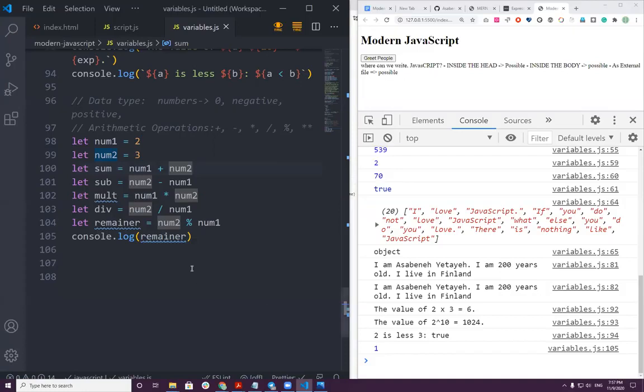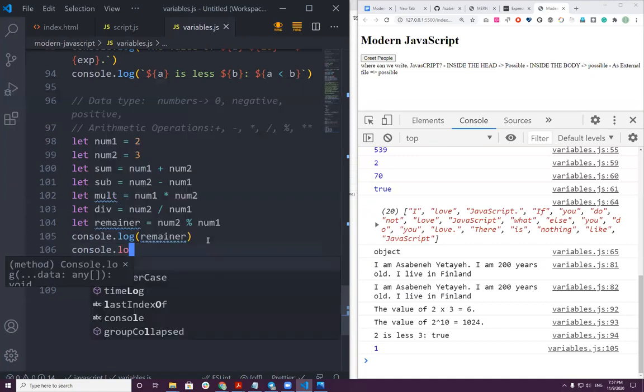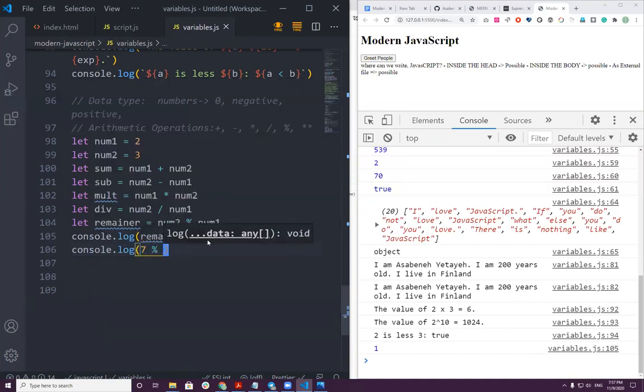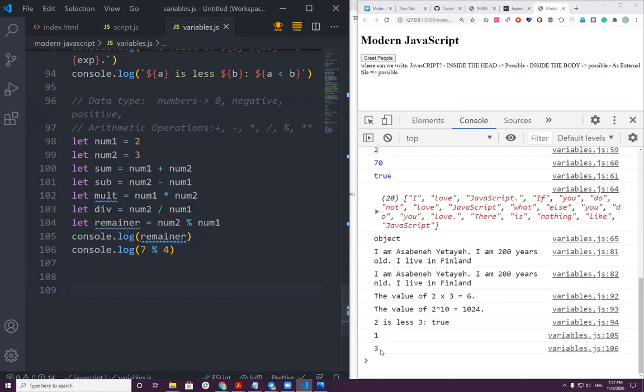So if you understand the concept of modulus, I want you to tell me what is the remainder when you divide 7 by 4? What's the result when you divide 7 by 4? 3. 3, but you don't have to think about that. What you should do is actually console.log 7 modulus 4, and it should give me 3. Yeah, great. I think these are the addition, subtraction, multiplication, division, modulus, and